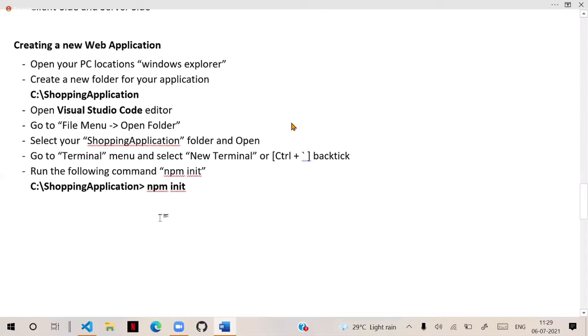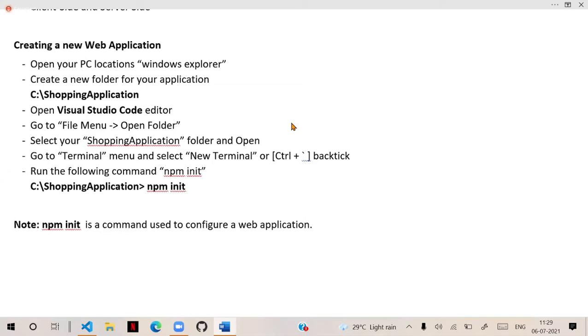So this package manager will start init. Actually, npm, so remember, npm init is a command used to configure a web application.